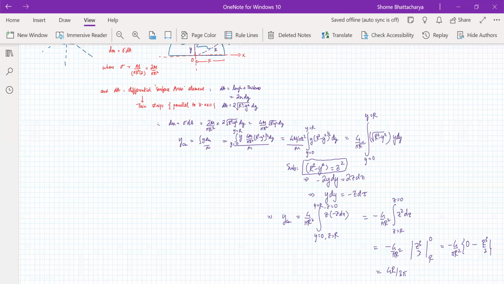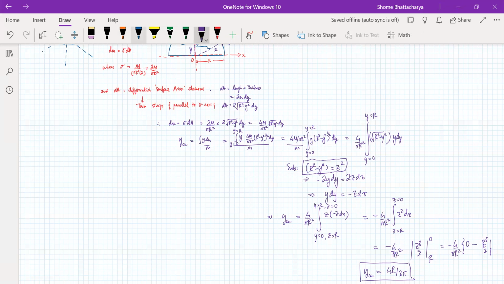We have r cube in the numerator and r square in the denominator. So the position of the center of mass with respect to the center of curvature of the disk is now given by this formula, 4r by 3 pi. So coming back to what is the significance of this final formula, it's like this, that if this is our semi disk, then